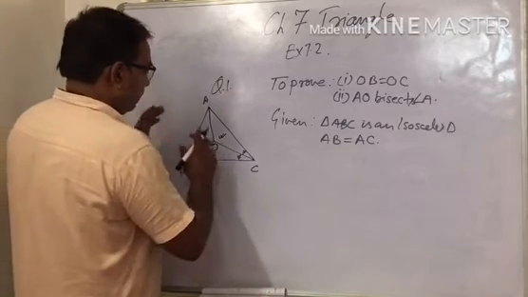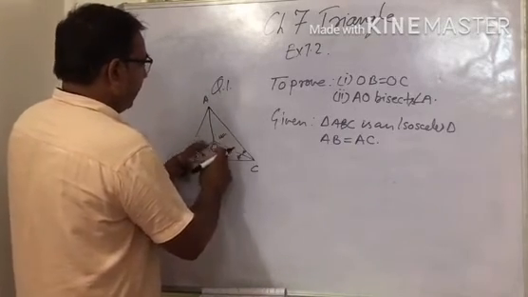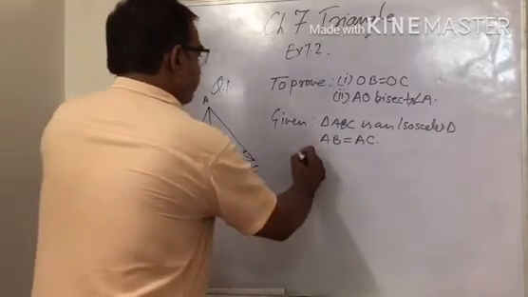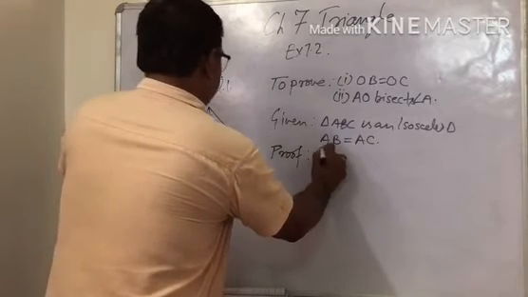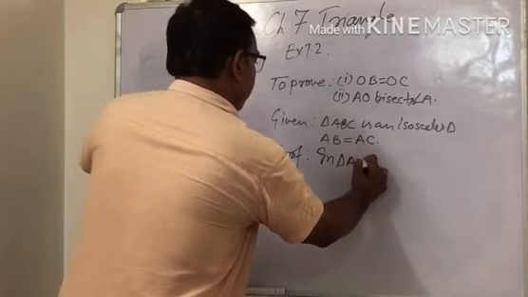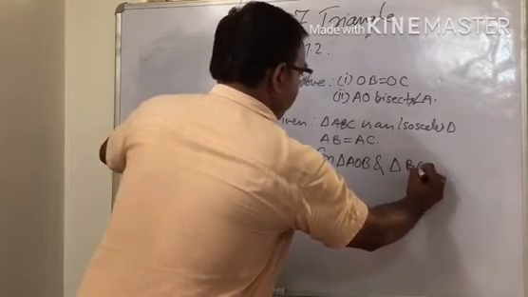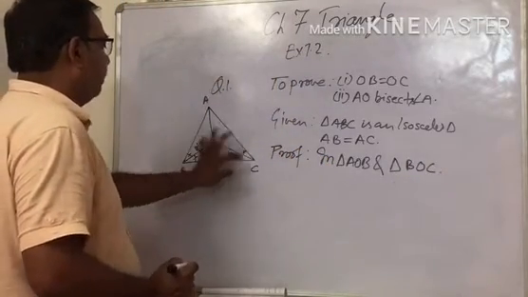First we prove these two triangles, then by default they both are equal. See, in triangle AOB and triangle BOC,